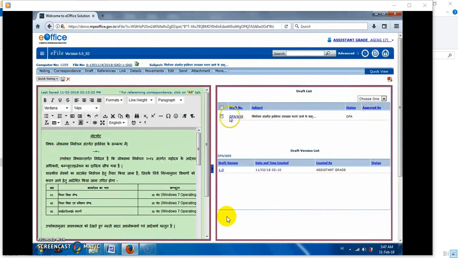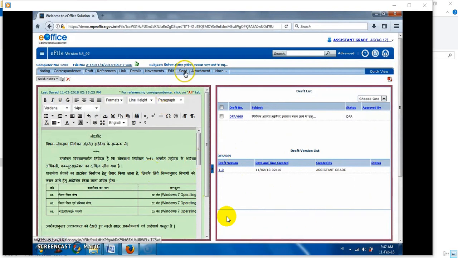If at any moment I feel that the draft is wrong, then I choose one. We can delete using this option. It will get deleted, and a new draft can be attached again. No problem in it, as it is at our level. The version number is there. If the draft changes, the version also changes. It is not important for us as of now.